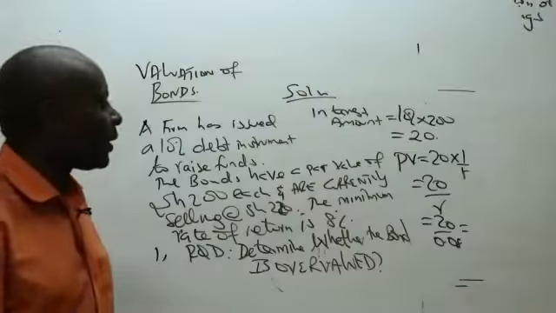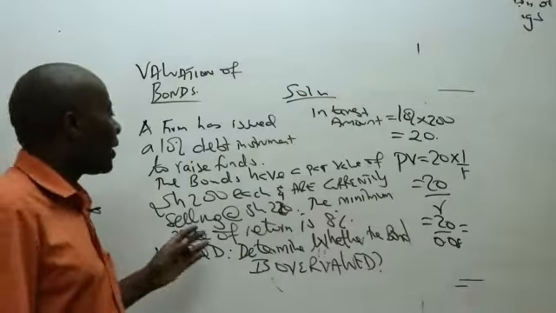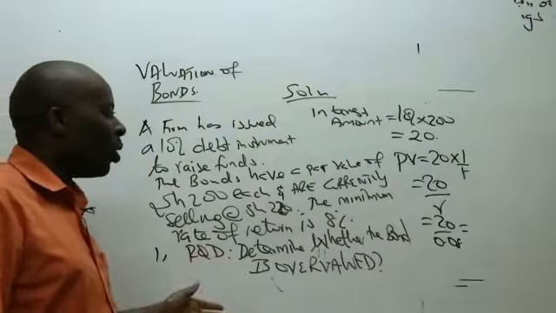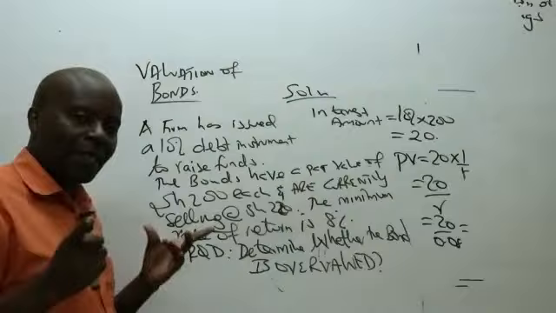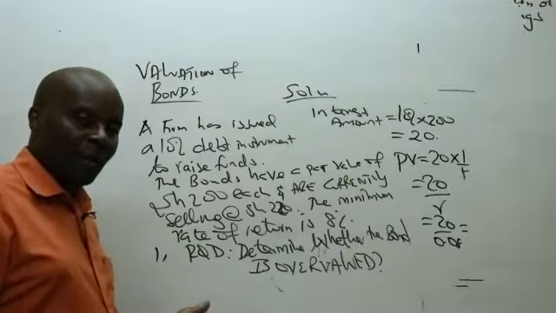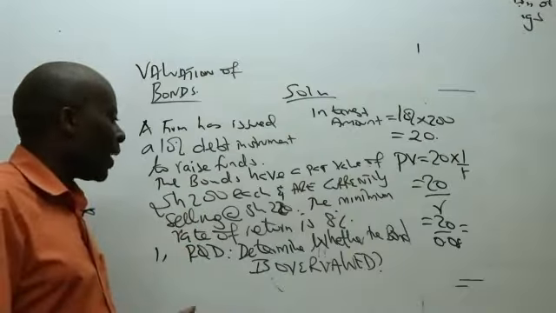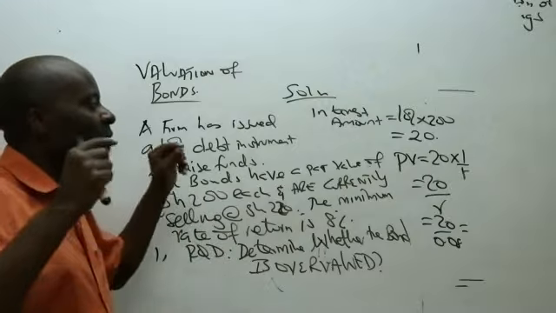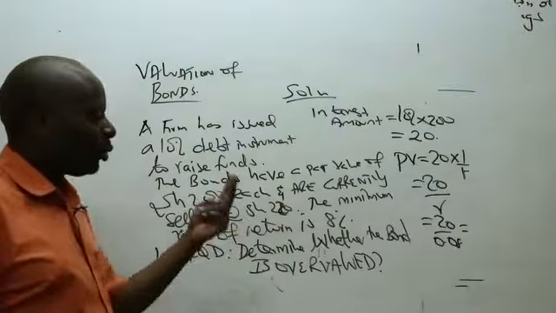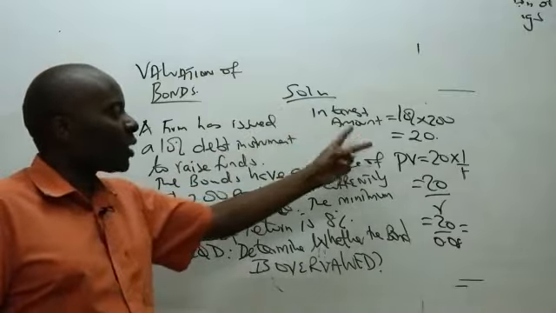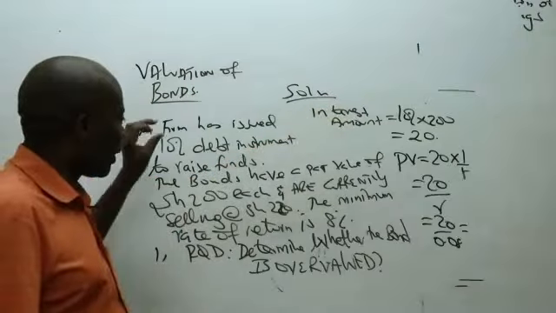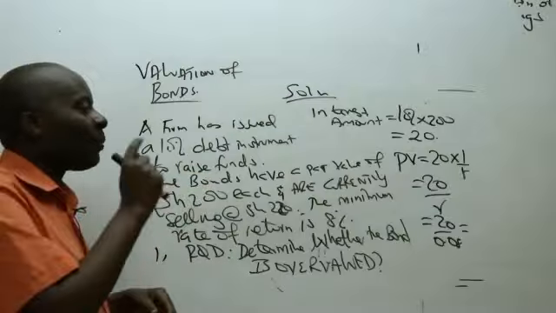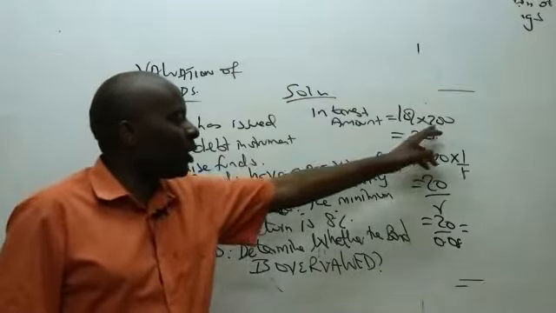Now, ladies and gentlemen, sorry for that. The first thing that I need to know is that here we are handling bonds which are infinite, bonds without any maturity period. If the maturity period has not been specified, then straight away we are handling irredeemable bonds. If they're redeemable, two steps. Give us the interest amount. How do we get the interest amount? You take the coupon rate given, 10%, multiplied by the par value. When you multiply this with the par value, you get 20.